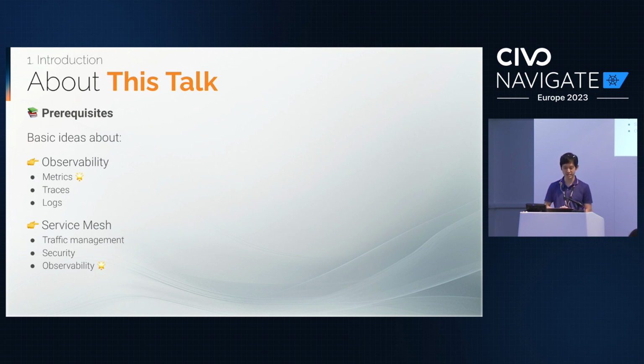So, prerequisites. The talk is about observability and service mesh, so I would like you to have a basic understanding of what observability and service mesh are really about. Essentially, we're going to be looking at the metrics part of observability. Obviously there are traces, logs, and other things, but we'll be looking at metrics. And from the service mesh point of view, there are a few things that you can get from service mesh, but we will be looking at observability specifically. If you want to get more from service mesh, obviously you can, but observability is one aspect that's pretty complex by itself.